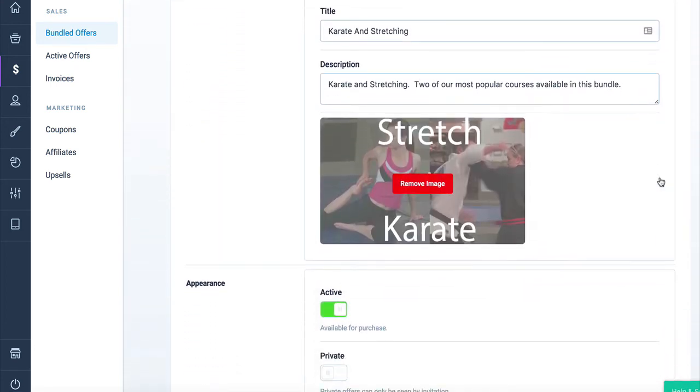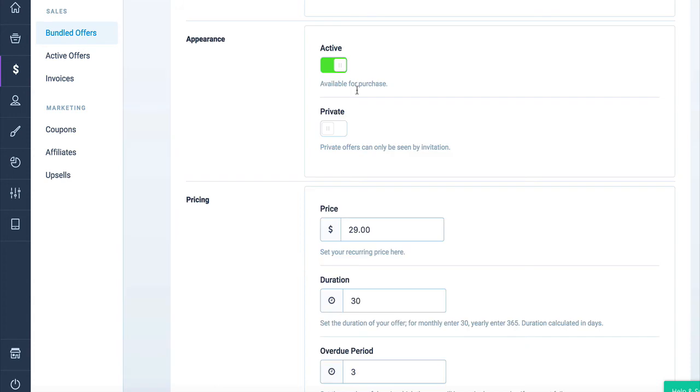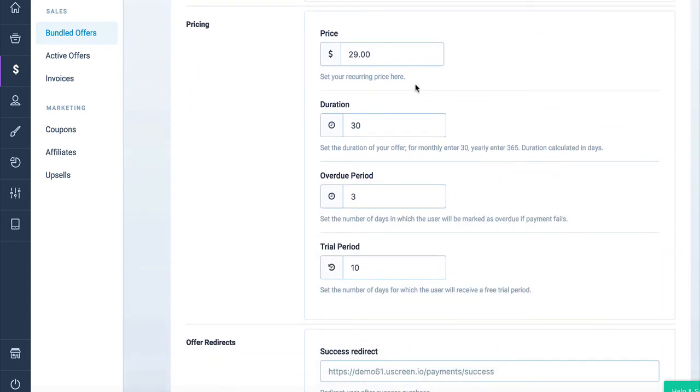Here, I've combined my karate program and my stretching program and created a thumbnail image that indicates both programs are included. I've made this offer active, and if I wanted to make this a private offer that is not published in my catalog, I can also choose to do that as well. I've put in the price, the duration, 30 is set for a monthly billing cycle, an overdue period, and this is the number of days before the client will be recharged if the payment has failed,